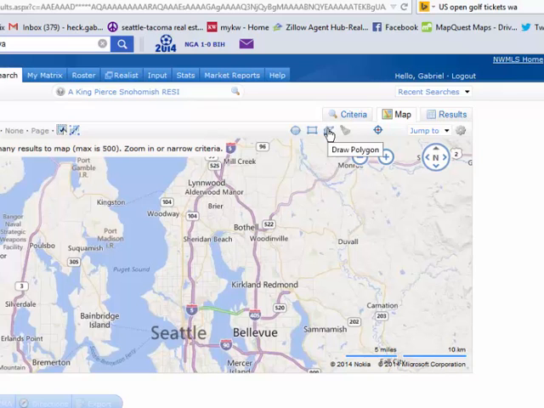So this one, I'll go. Then we'll go back to, well, one thing first. I'll just do it like this. This is how you search with a polygon. So basically, you want to put it wherever you want it, right in the crosshairs. And we're going to say we're going to look in North Seattle neighborhood. We're just going to drag it right across to here. And